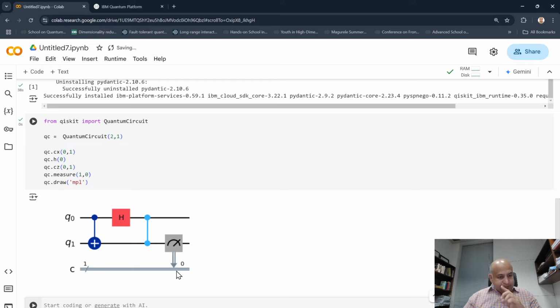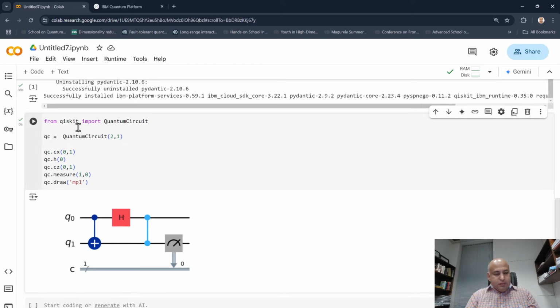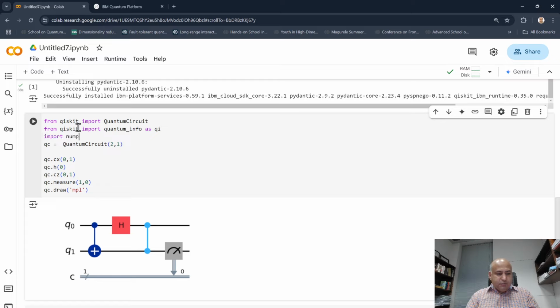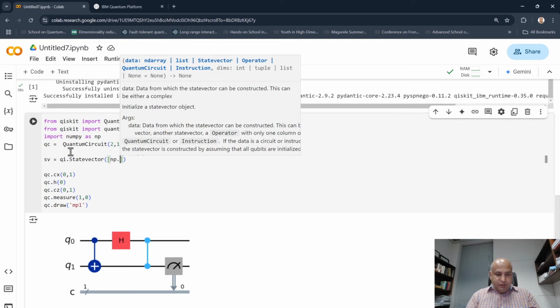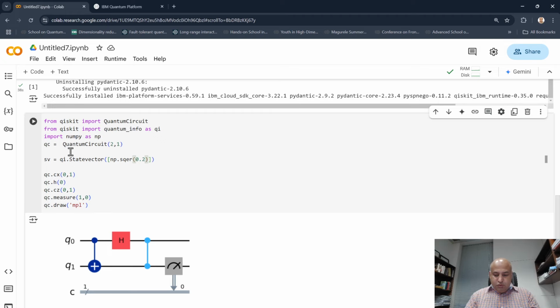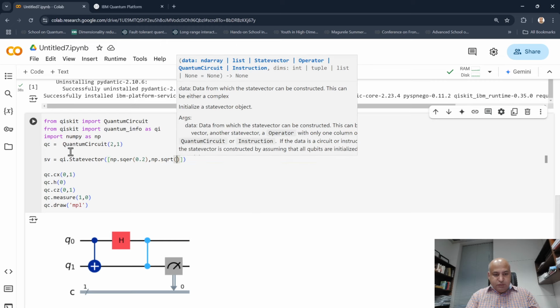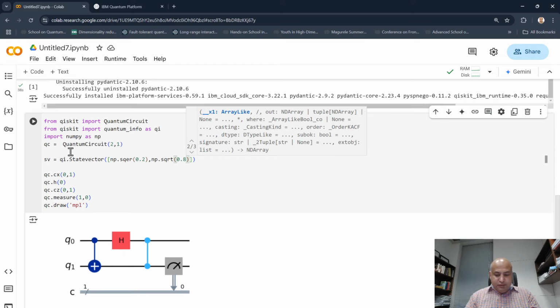Okay, perfect. And I also want to initialize this qubit Q0 to an arbitrary state, and for that let's import from qiskit, import quantum info as QI, and let's also import numpy as NP, because I need to prepare a general state vector, which I can do using the state vector command in QI, and let's say I initialize to square root 0.2, square root, which is available in numpy, 0.8, and then we